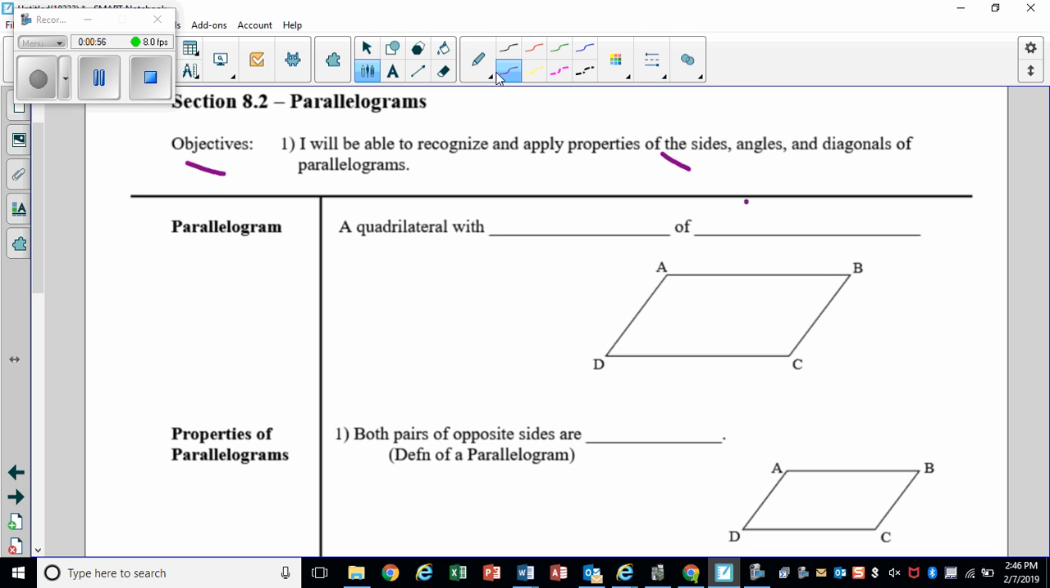What is the definition of a parallelogram, or what are some of the properties? The first part of this word is parallel, right? So a parallelogram is a quadrilateral with both pairs of opposite sides parallel. Okay,